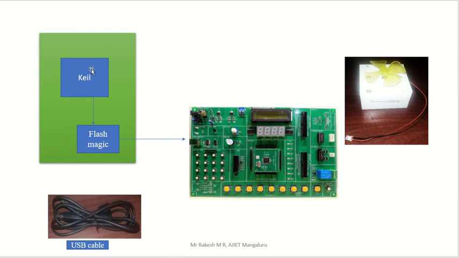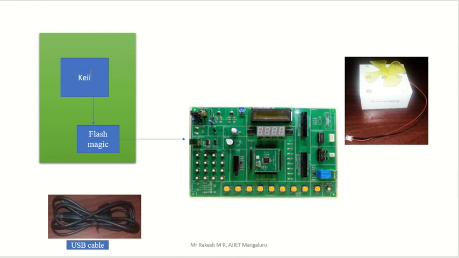Here we just have a setup, that is a computer containing Keil software and FlashMagic. In Keil, we are going to write our DC motor program in embedded C. Once you have written it properly, then we have to check for errors, that is debugging. If there is zero error, zero warning, then we have to convert that particular C file into a .hex file, that is a machine understandable program. We have to convert the original source program, that is .C, to .hex.